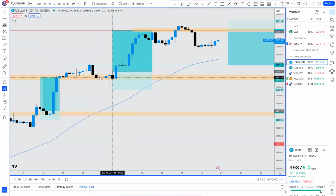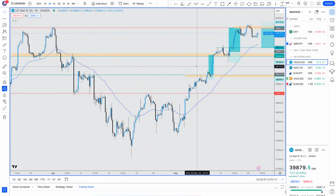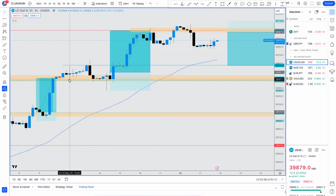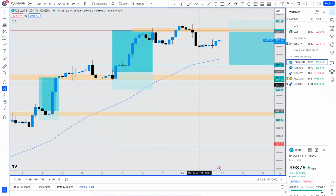Forward tested is that this was a nice area of support, previous area of resistance as well. What did price do? We respected it, we respected it again, and then we had this prominent wick into this area. After I saw this wick, I said, you know what, we've respected it 3 times. There's a lot of buying pressure here, and we're struggling to break below